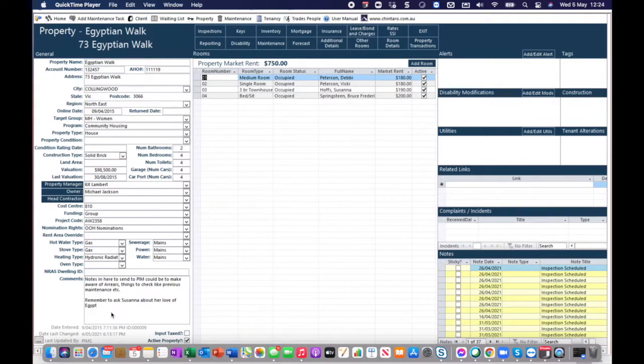Has this maintenance been done? Is there anything else? Or even something that's sort of related to the client, which may be to do with their well-being. So what we can do now from Chintaro is add those comments in Chintaro, they'll get pushed directly